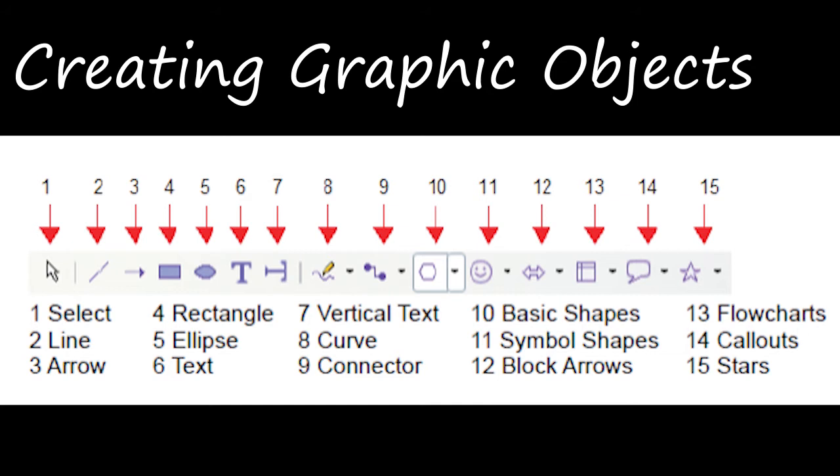Okay, and the next one is text. Text creates a text box. Here you can just type the text inside and it will be aligned horizontally, right? And the next one is vertical text. Vertical text means the text box will be aligned vertically, and when you type the text inside, it will be in vertical order, right? In the vertical manner. Next one is curve. That draws a curve. Okay, and the next one is connectors. This draws a connector line between two figures. Here click the black triangle for additional connectors. Okay, these are all the objects present in this drawing toolbar.